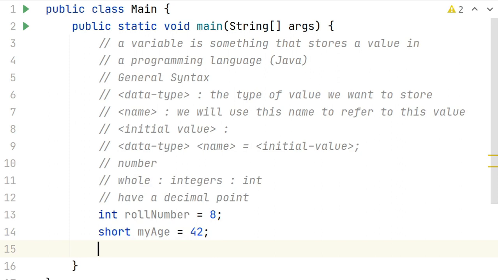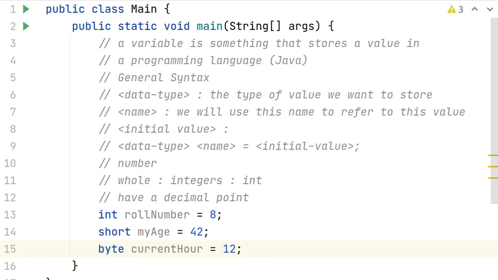If you want to go further down, if you want to say integers with an even lesser range, we can say byte sized, right? Okay, let's say current hour is equal to 12, right?